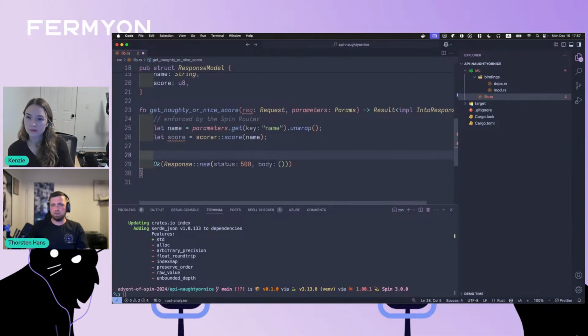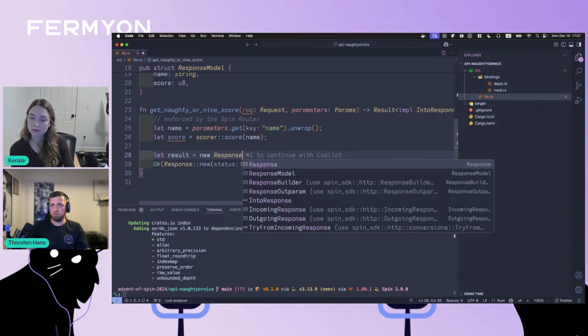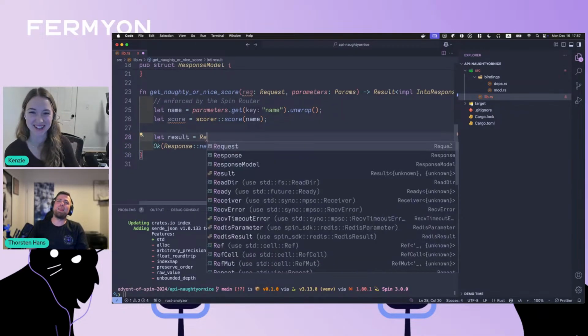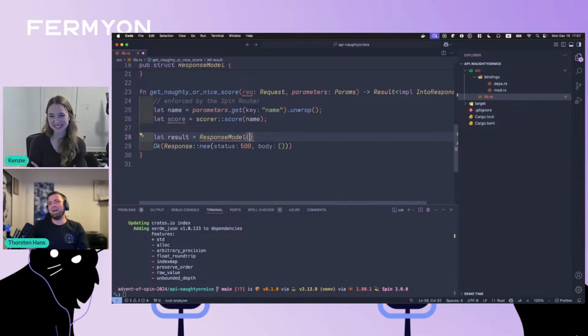And we say at some point, let result equals new response model over here. No, not new. That was the wrong programming language. Makes sense. You're flipping between two. I've been writing some C# recently, so